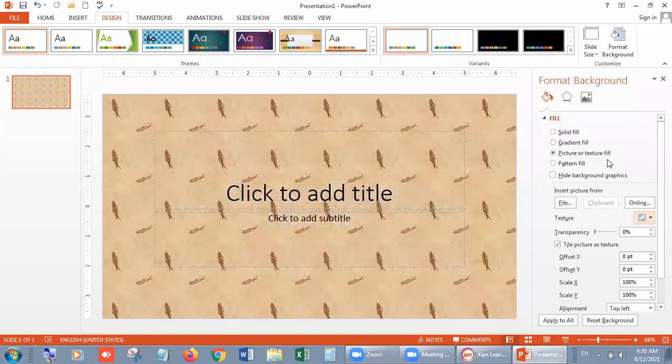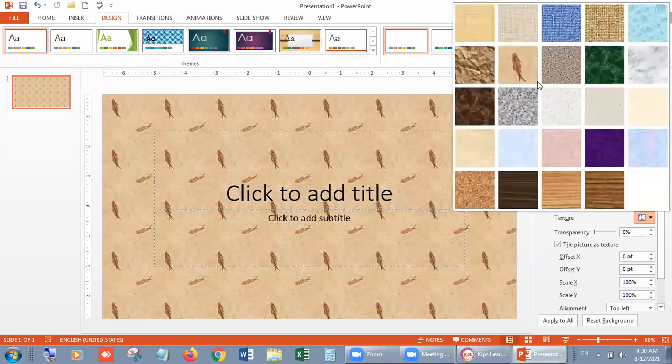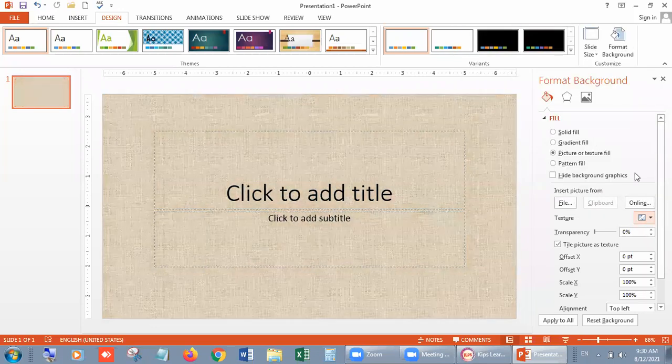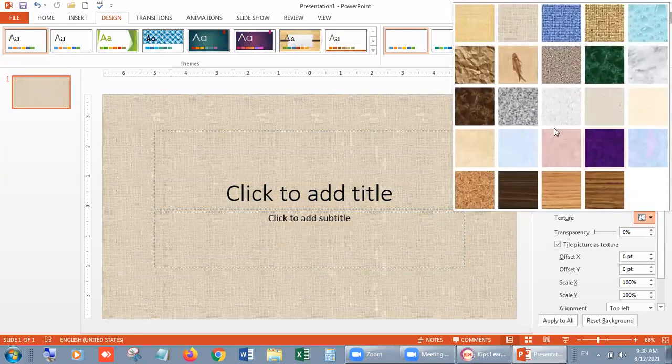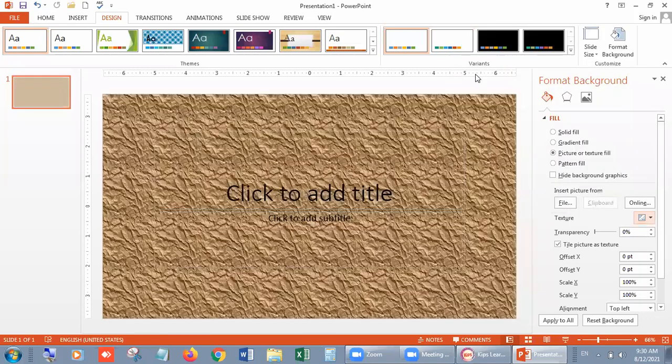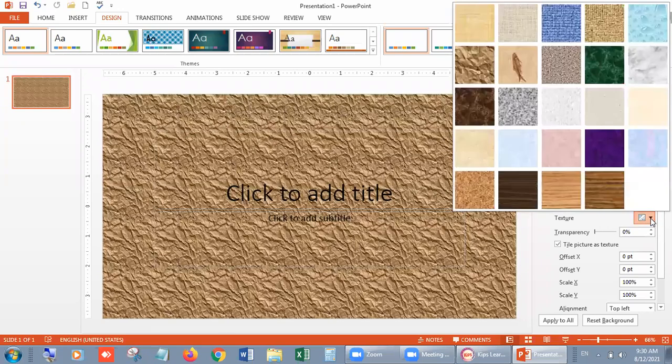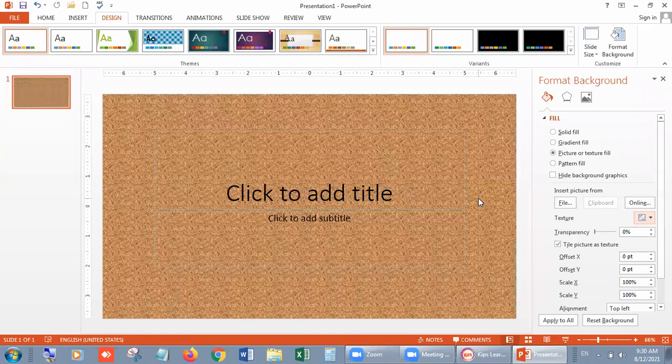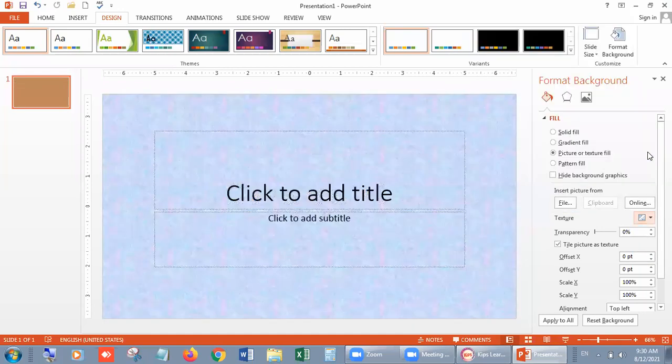Paper design, or a cloth design, or a crush design, like a crushed paper. Again, brown marble, and it's a marble of mixed color, right?